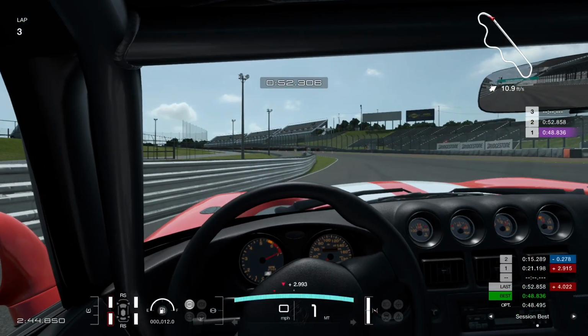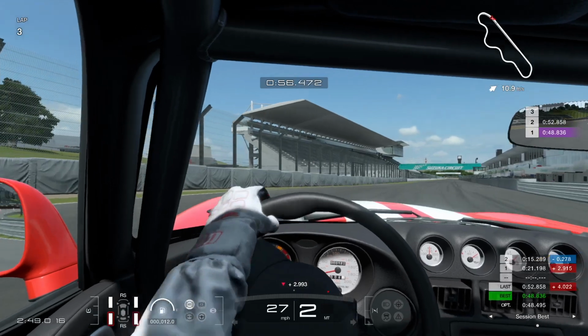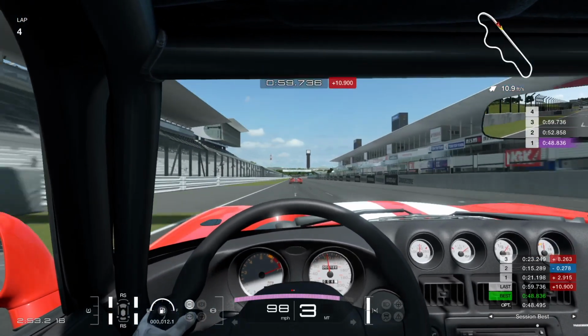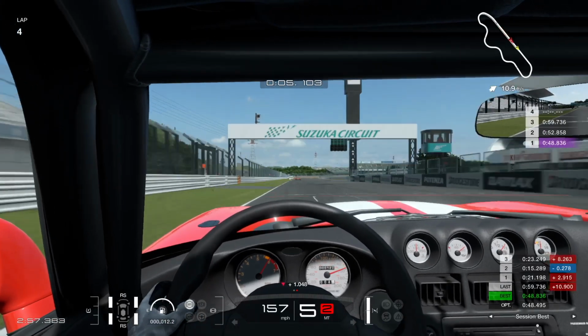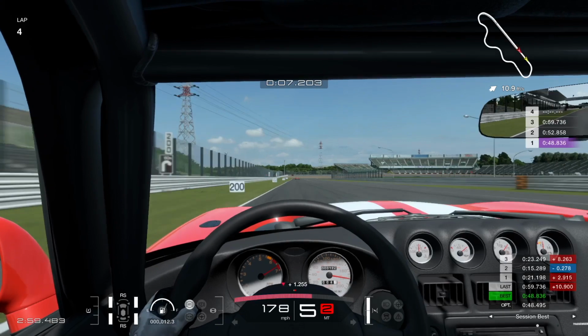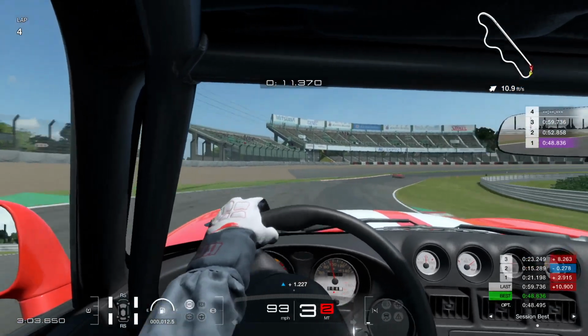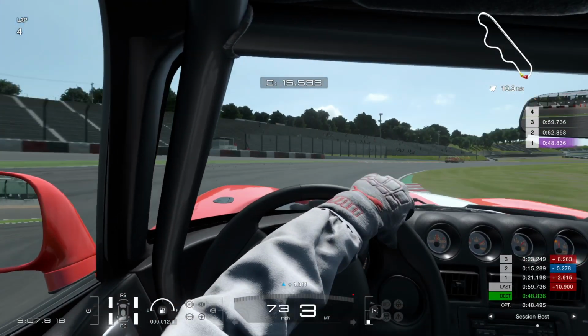Okay, that's the little elevation change that loosens up the rear end when you come around it. But anyway, what I was getting to was Gran Turismo needs to have a thing where they just give you a performance point cap, and then you just go online and it's a race of people who can set up the best car. And I think that'll